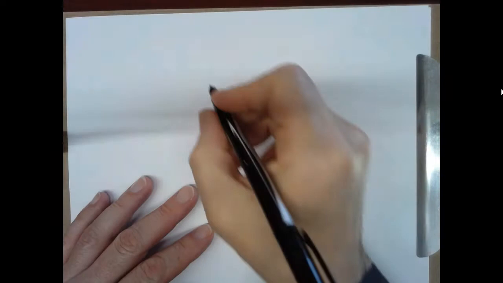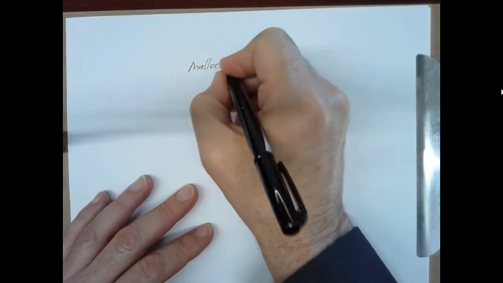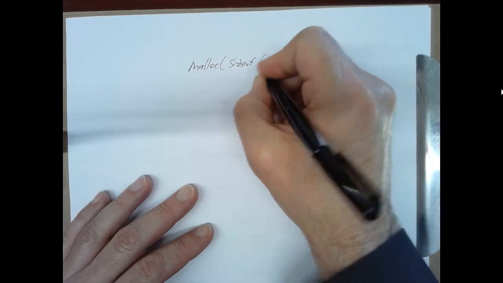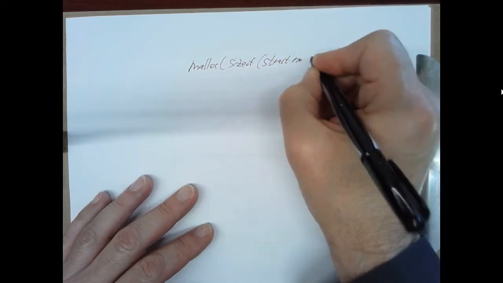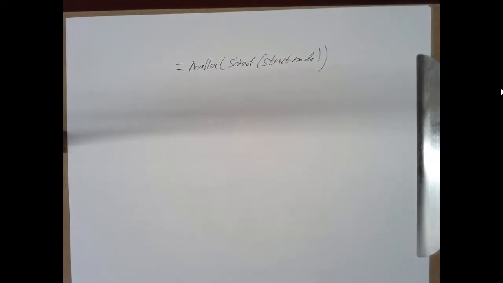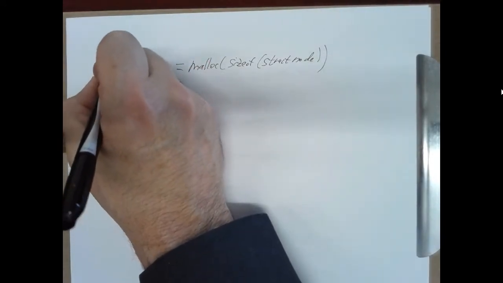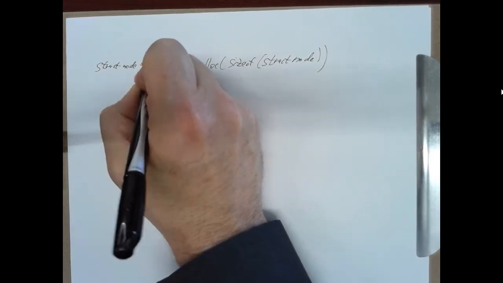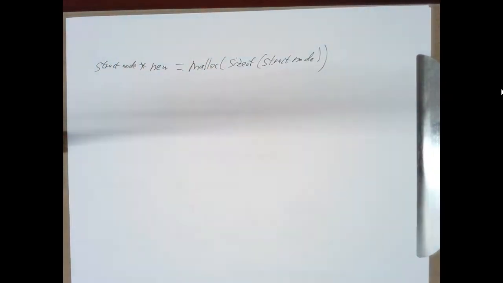All right, part C. Write some C code to create a new node and point to it with a variable named new. So we want to create a new struct node. So malloc. And the number of bytes we need is just size of struct node. Nobody did struct node star, which was great. I was happy with that because people had trouble with that while they were coding a couple of weeks ago. So we did size of struct node, which is awesome. And then point to it with a variable named new. So we need a struct node star new, which is equal to whatever address malloc gives us back.